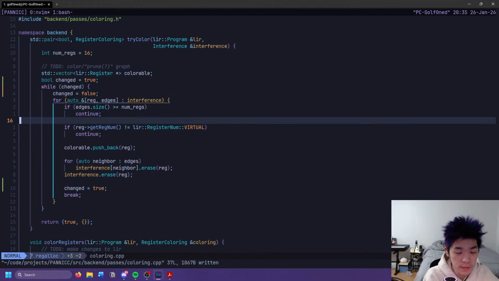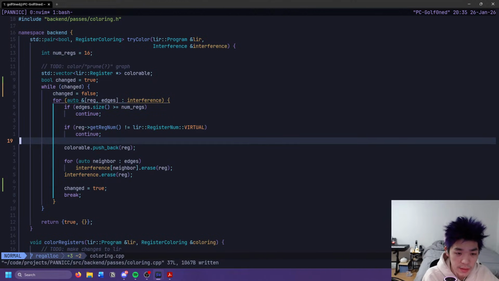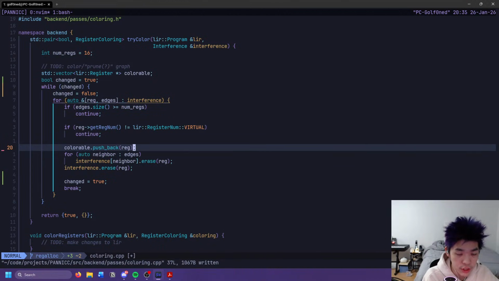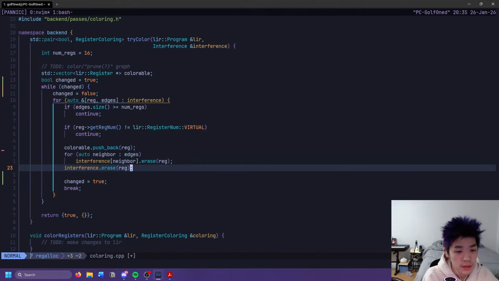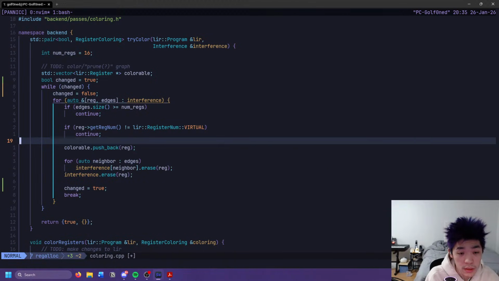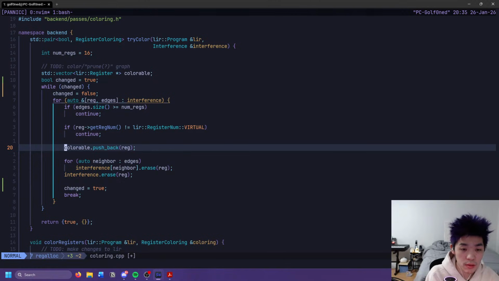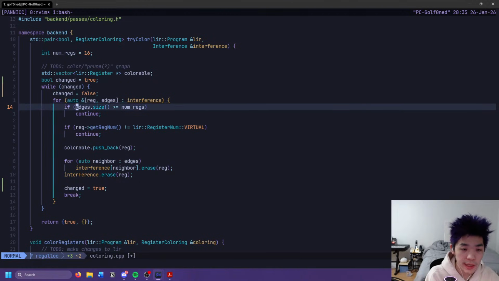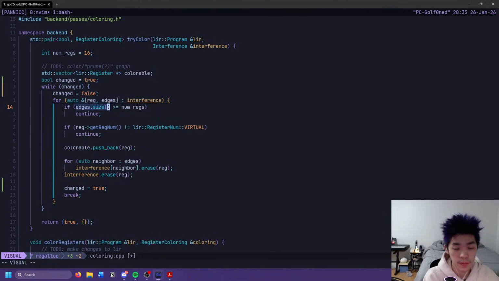Okay, so we can do this. This is fine. So this is the part where we actually do the thing. The edge's size is the degree of the node, I guess.